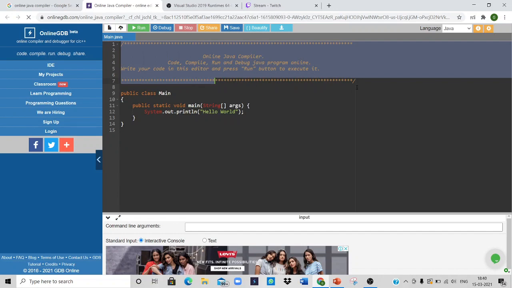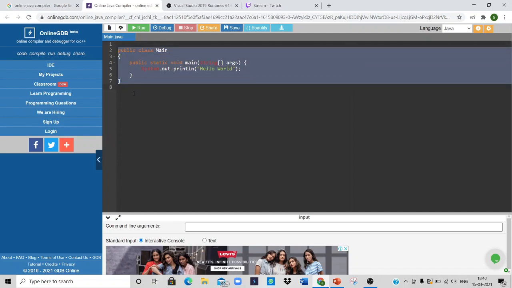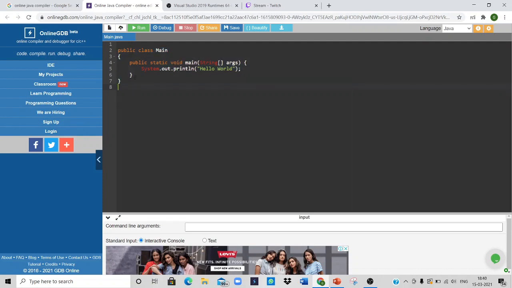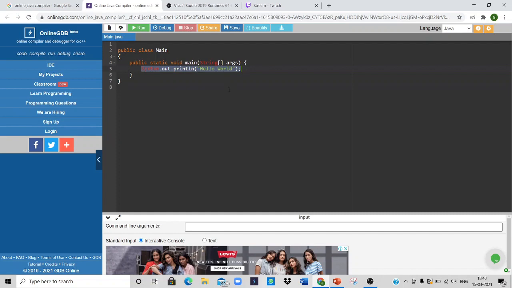These are all just comments to understand the basic rules and parts of this console. This is a basic code actually given by the site itself. Here we have public class Main. This is the main class. They've already given the main class for simple access, and within the main class we have the main method. Inside of the method we have a simple statement to print a hello world program.